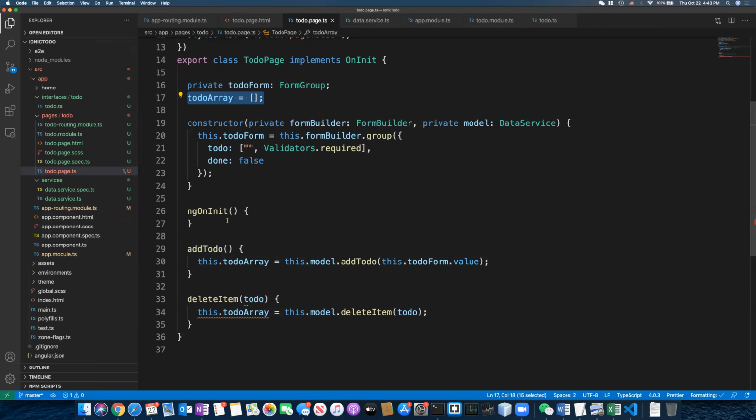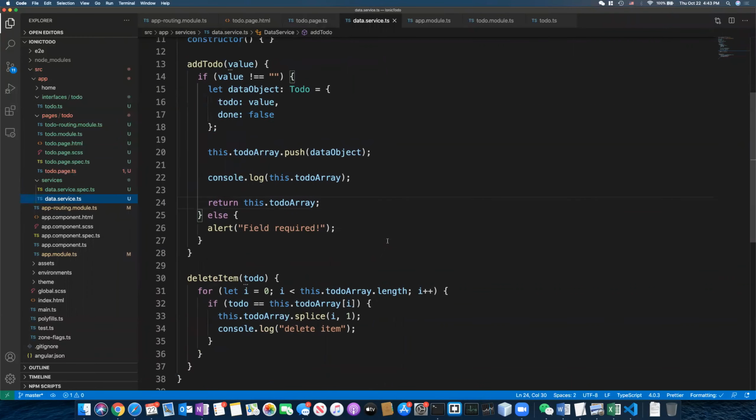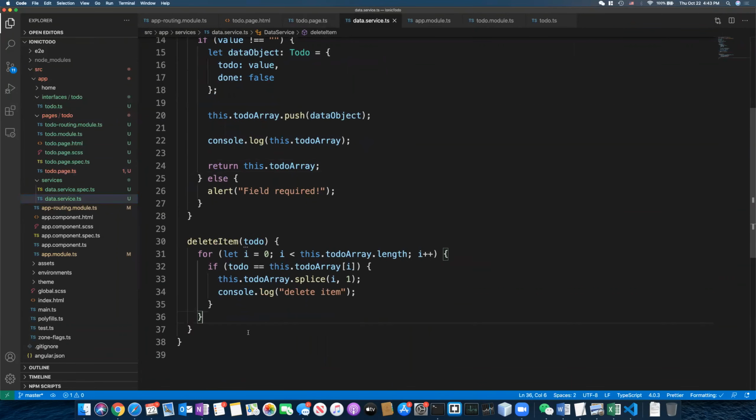And then, like I said, the better way would be to have the array in the service or the model observable and have a subscription. So you subscribe the controller to that array. When it updates, it updates automatically. Okay, and here in the delete item, I'm also going to return this to-do array. Now when I run it,